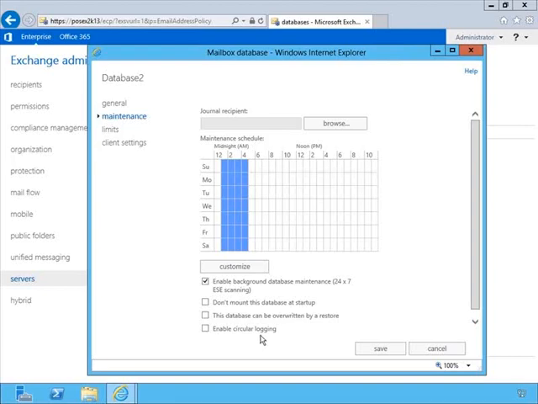But it's important to note that when you enable circular logging and those transaction logs do not build up, then you're actually affecting your ability to back up and restore data. So essentially, when it's enabled, you can only perform full backups of the Exchange database. You can no longer perform incremental or differential backups because there are no transaction logs to be used there. And then if you have to restore a backup, you'll always lose any data that's been added to the server